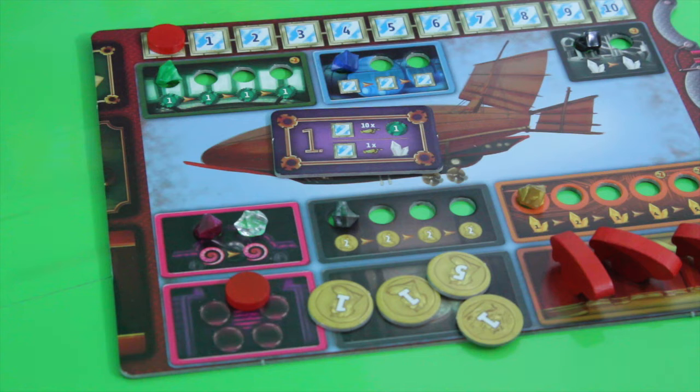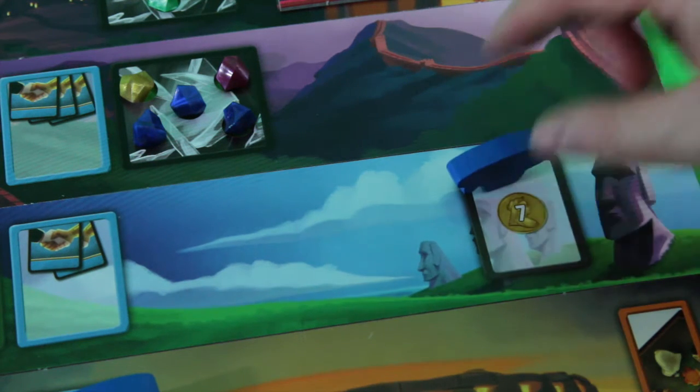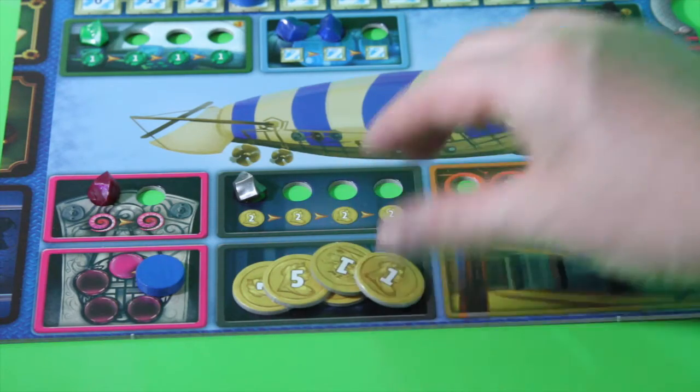But this was already the turn of the red player in this case. Then we come back to the blue player, and I think blue wants some money, so he places his second airship there. So for once he gets 7 coins, which he can claim right away. Again, we check the